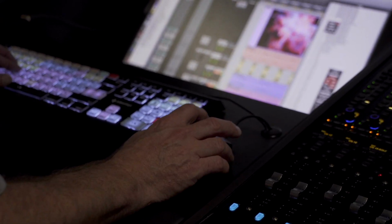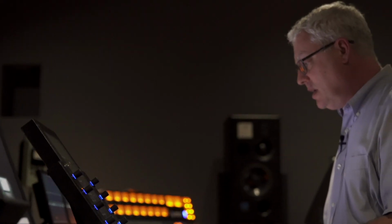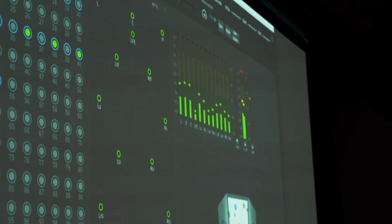So most of the time these days, my main role is to work on Dolby Atmos. Dolby Atmos is a technology that's been around since 2012 for the cinema. We released the first film, Brave, in June 2012, and now it is basically the de facto standard for all major Hollywood releases. And it uses a new concept of spatial sound where instead of thinking about your track